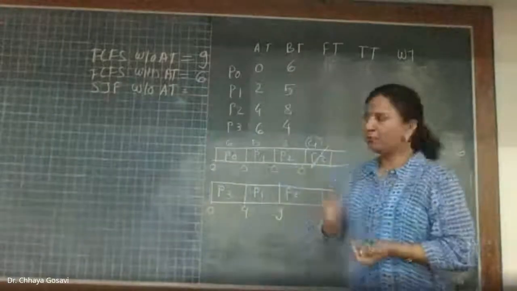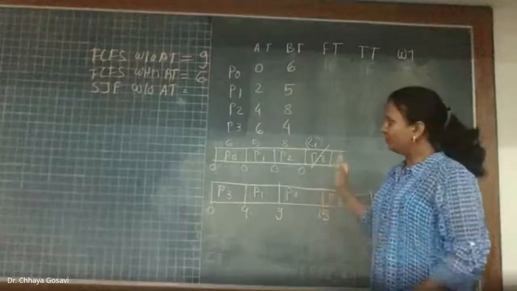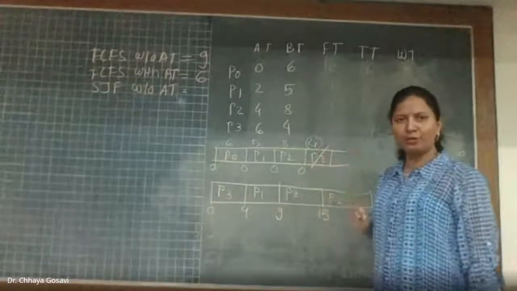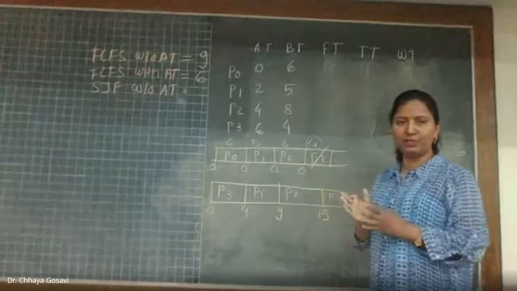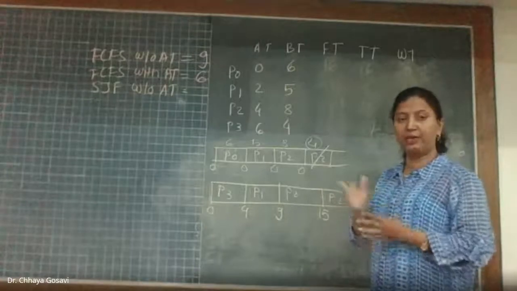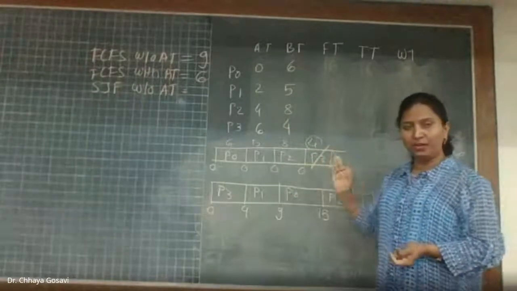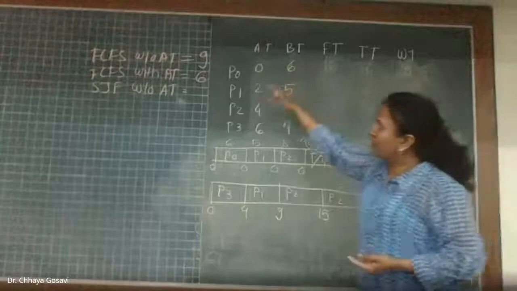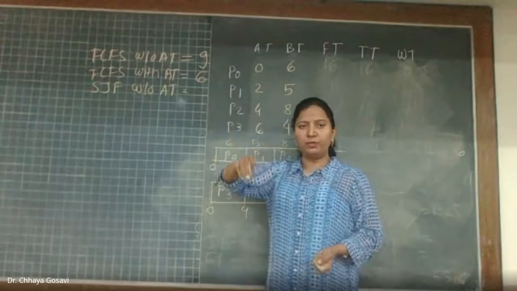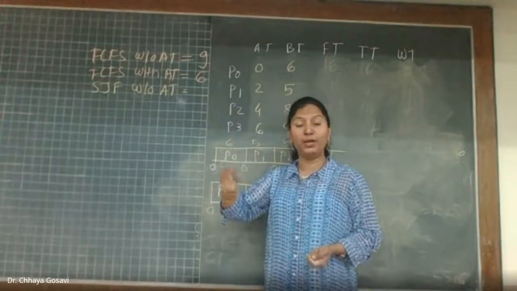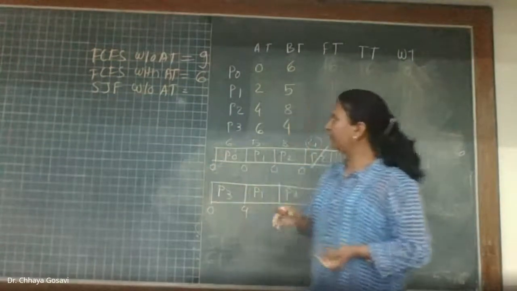So why am I solving this with all the algorithms? Because if you have any confusion, you should have the same example solved with all algorithms. It will help you understand the difference between with arrival and without arrival, SJF and SRTF. SJF with arrival and SRTF are two different algorithms. One is preemptive, one is non-preemptive. So this is non-preemptive, this is non-preemptive, this is also a non-preemptive algorithm. Once CPU is allocated to the process, we ask CPU to execute that process till its requirement. The process is not interrupted in between.